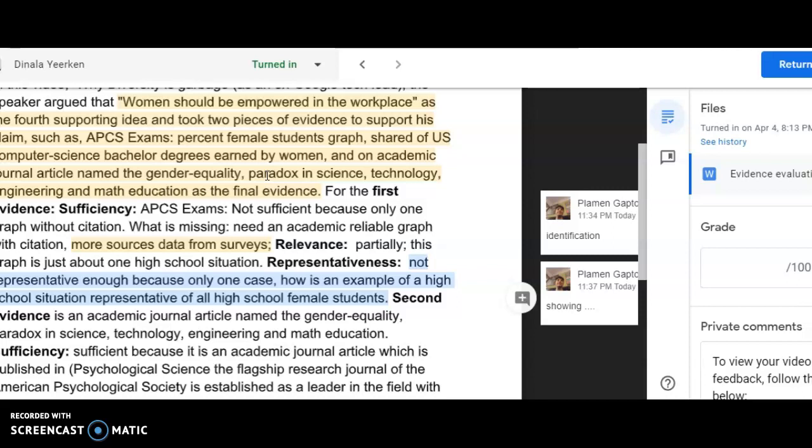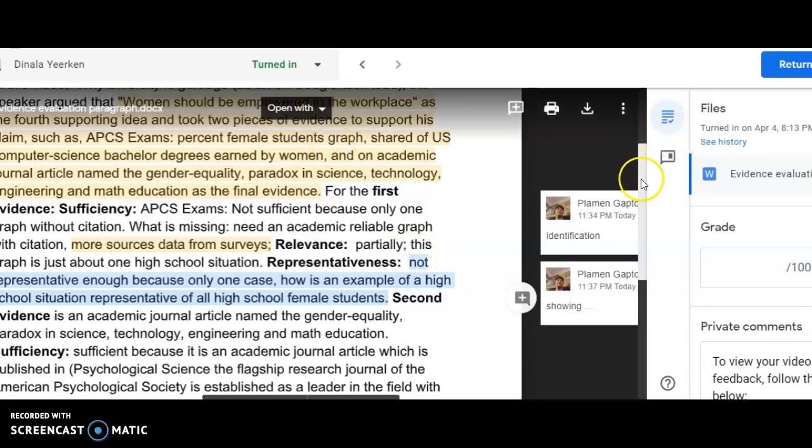Start with a clear, narrowly focused supporting idea. Maximum 3 pieces of evidence. Even that may be too much. 2 or 3 maximum. And then for sufficiency, you can examine the whole body of evidence. Is all of them, 3 or 2 pieces taken together, enough? And then for relevance and representativeness, it's up to you. You can pick and choose, so you don't end up going over the word limit. Okay.